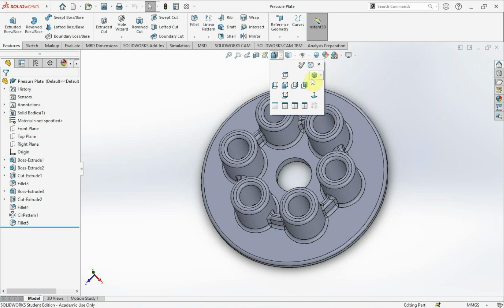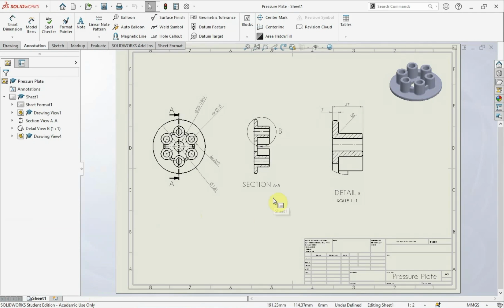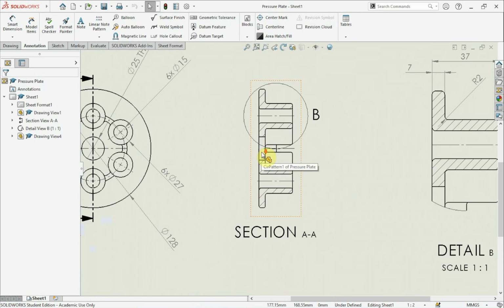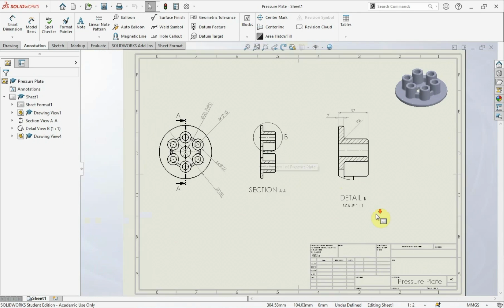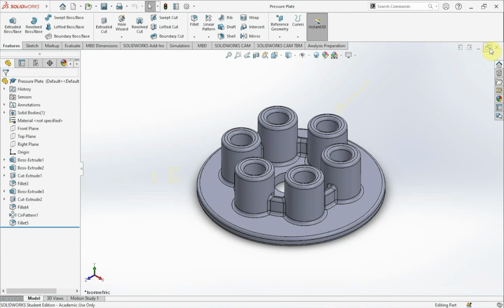And after we make this part, we'll also be making a drawing of this part. As you can see here, we've got this top view, side view. This is kind of like a cut view, so you guys will see the interior part of that section, and here a more zoomed in section view right there. And yeah, that's overall what's going to be going on in this video. So let's go ahead and exit out of this real quick,